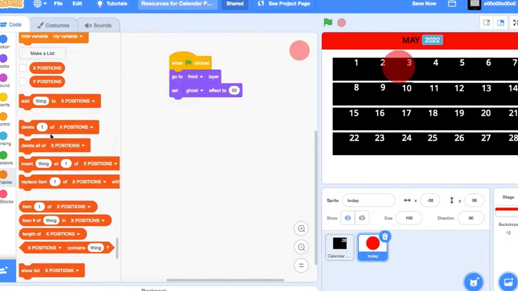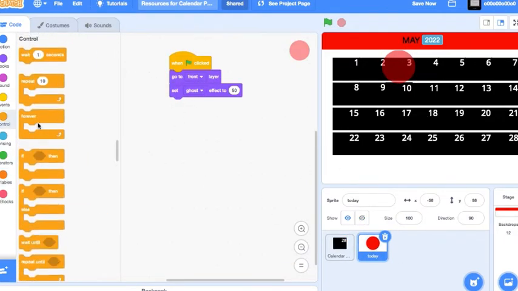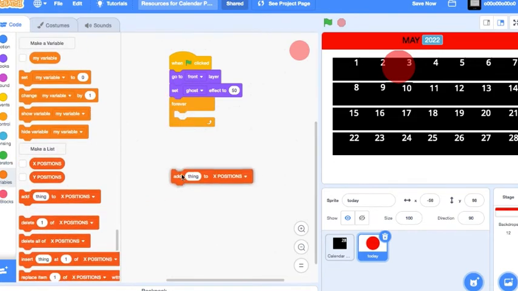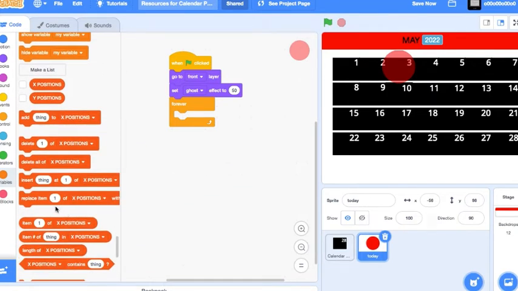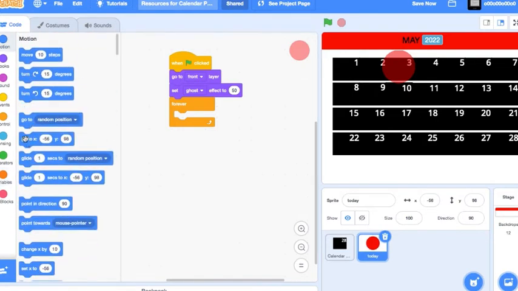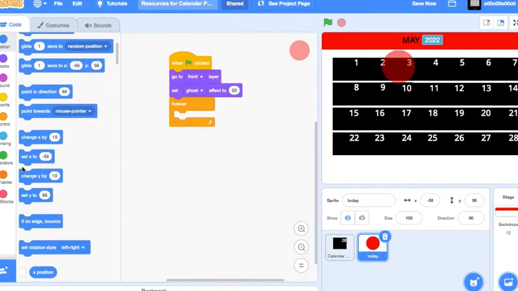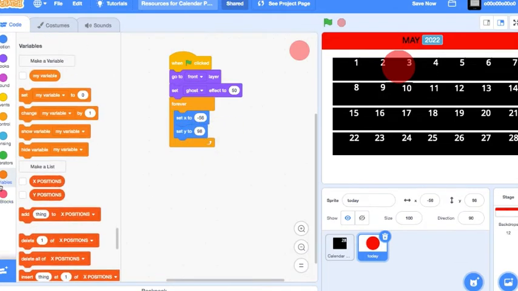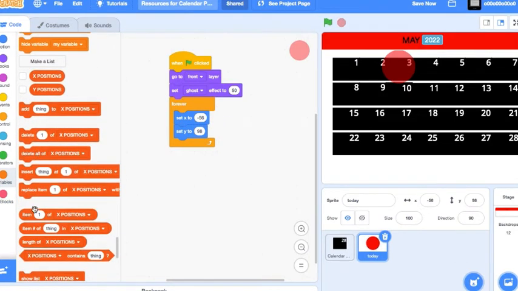Now, here we'll just bring in a forever block, and we'll need a go-to block, or let's just bring in a set x and set y, and item. Let's just duplicate this.